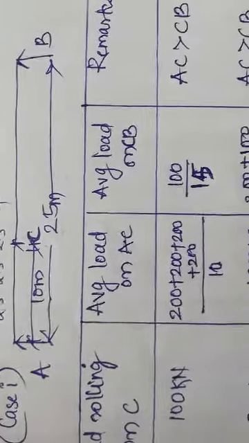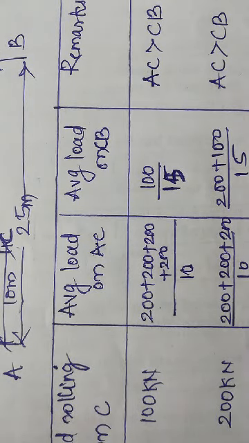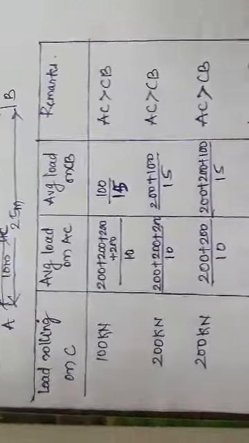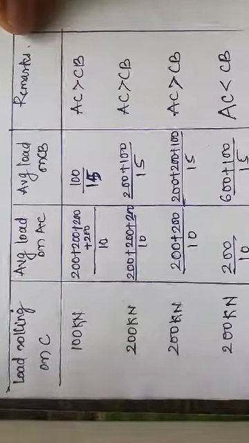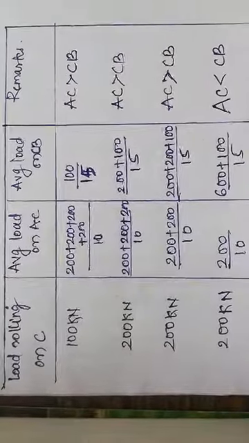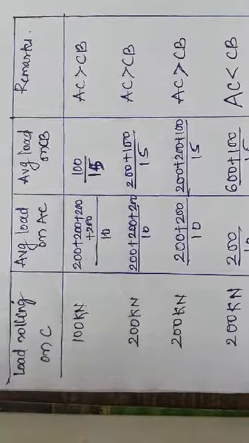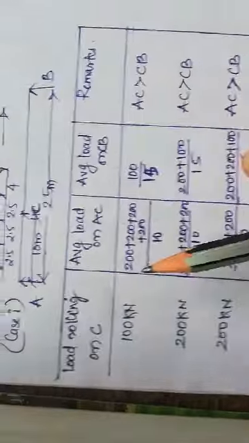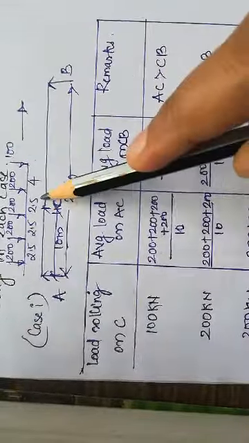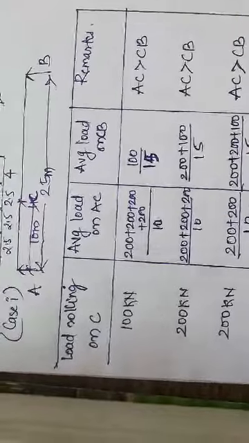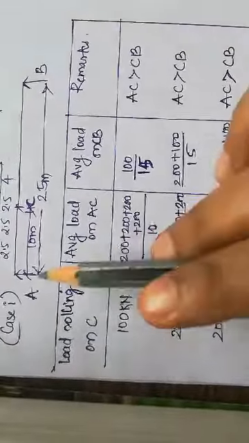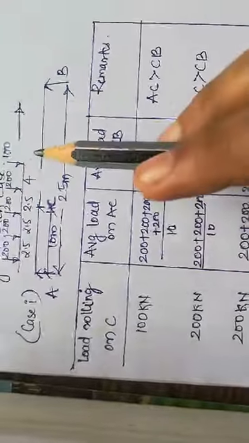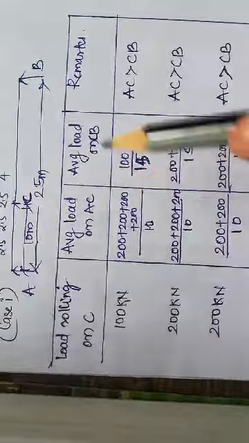Okay, now this is how we have to check at what load the heavier section turns to be a lighter section, and the lighter section turns to be the heavier section. Now let us consider that firstly this 100 kilonewton crosses this point, C point. So in the AC section we will be having 4 loads of 200 kilonewtons, and in the CB section we will be having the 100 kilonewton acting.